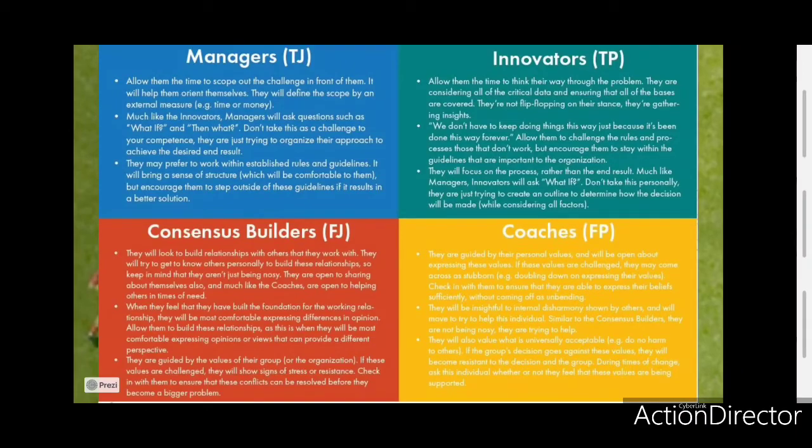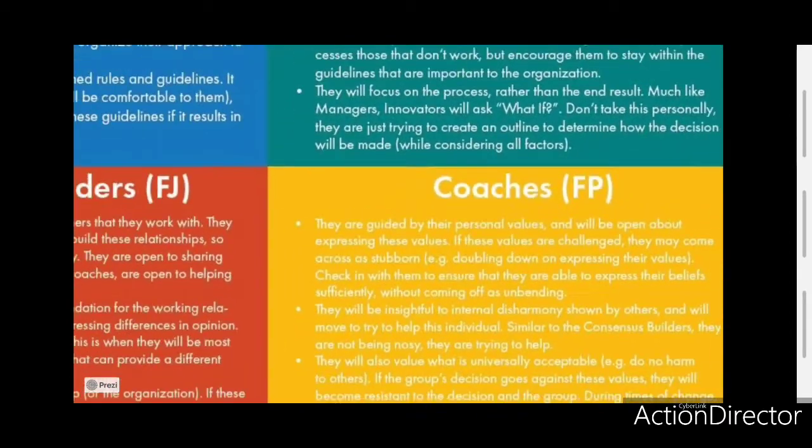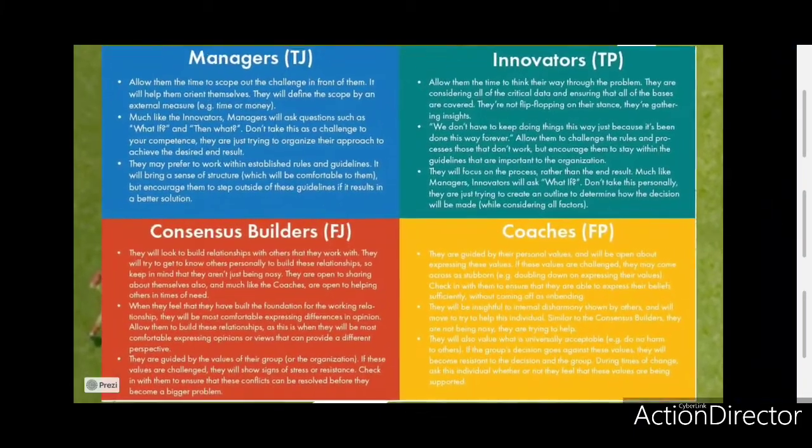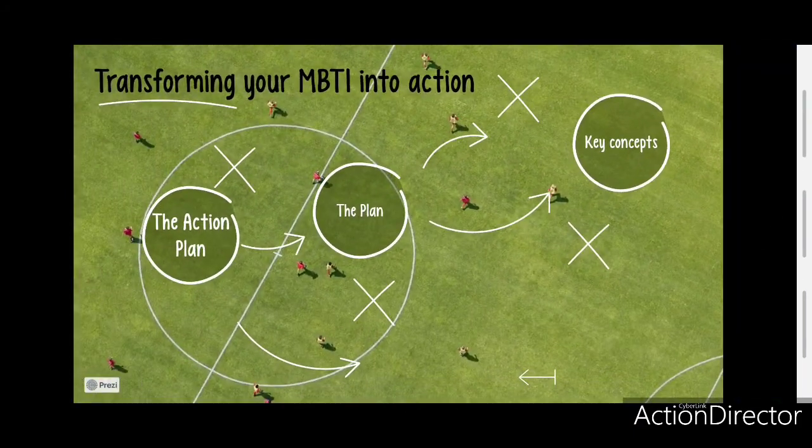Even if you don't have their styles in hand, you can start to look at the people around you, your subordinates, your peers, and your superiors, and try to figure out how they approach different situations when it comes to decision making and time management. So you could start looking. I manage a lot of FPs in my particular environment. I need to make sure I'm getting the most out of that style. I would then focus on this part of the quadrant, and so on and so forth. Keep in mind these three concept boxes, and they'll allow you to fill out that particular action plan more effectively.